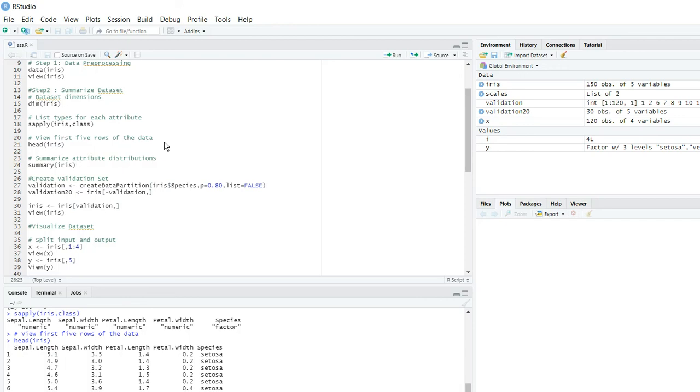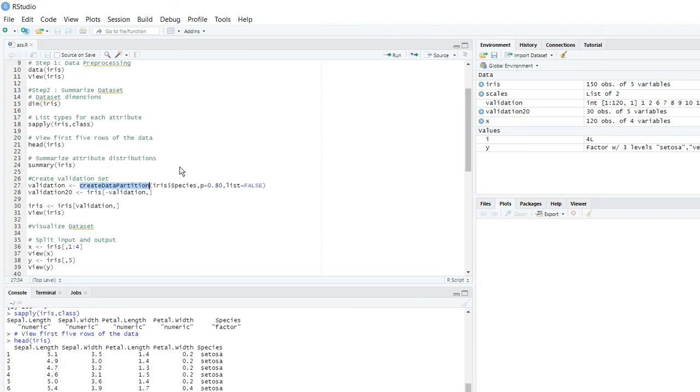Now let us discuss creating a validation set, that is data partitioning. How to partition the data? For data science and analysis purposes, you may need to train the data and construct various models. So you need to train the model first. With the given data set, you can partition it into 2 types, the training data set and the testing data set. That is data partitioning, and it can be done in R using the create data partition function, where you can split the data set.